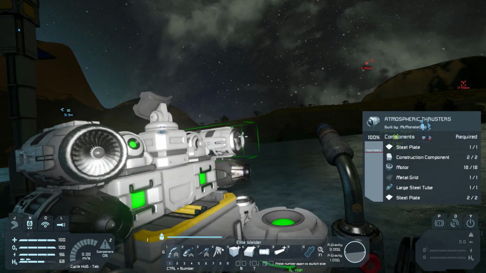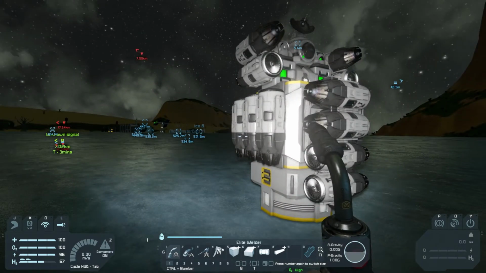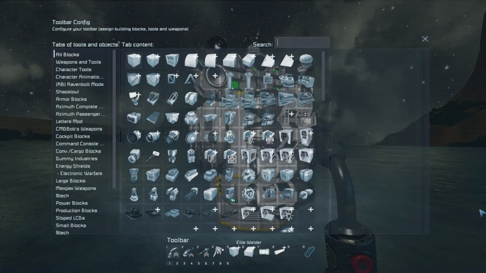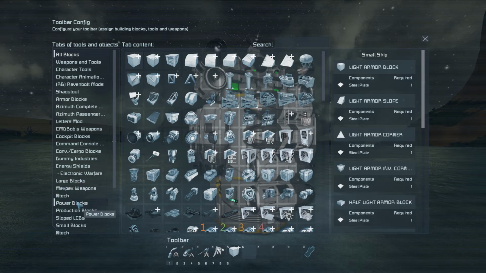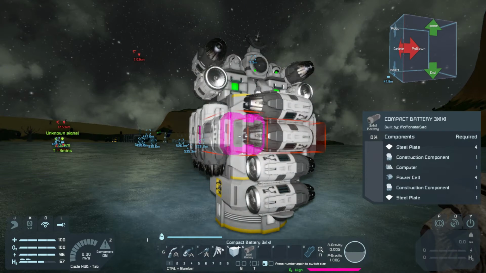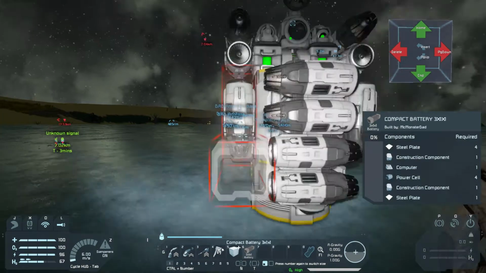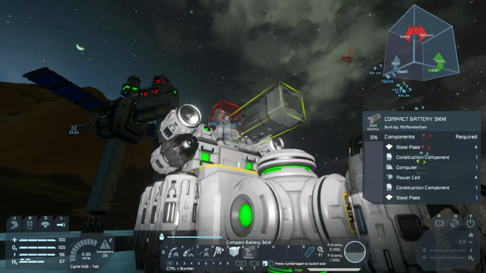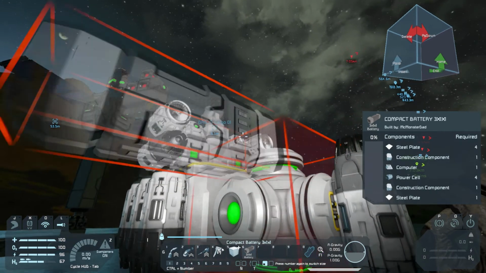Foolish boy. Did I leave a jump start? I think what I'm going to do is add one of the... Let's get rid of some of this rubbish from my G menu. One of these, one of the compact batteries. I still haven't decorated this, have I? I haven't given it our colours. So what I could do is add one of the compact batteries